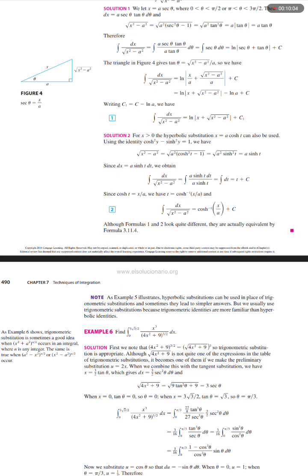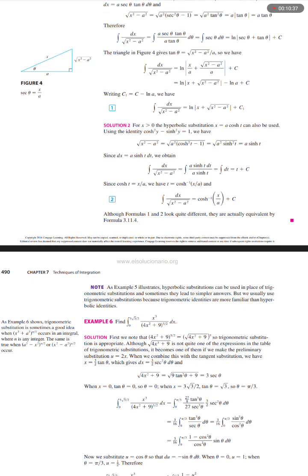We have the square root of x squared minus a squared equals the square root of a squared open cosh squared t minus 1 close, equals the square root of a squared sinh squared t, equals a sinh